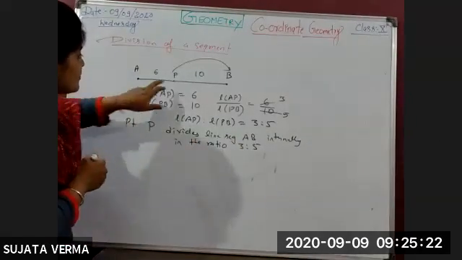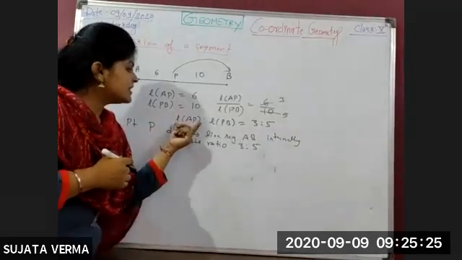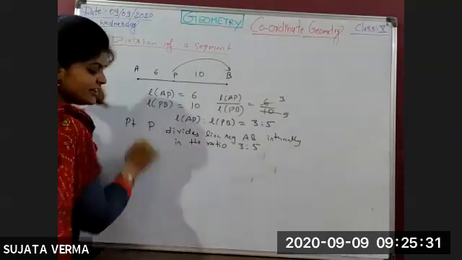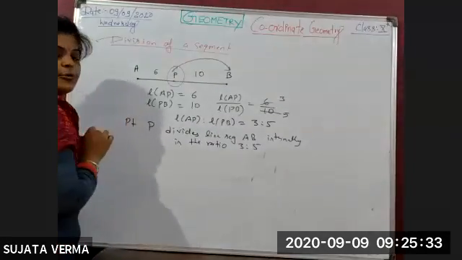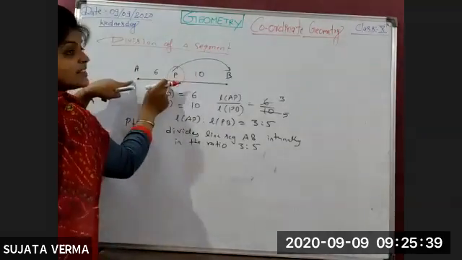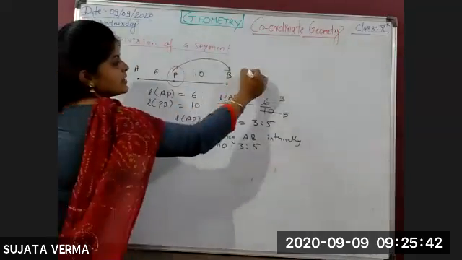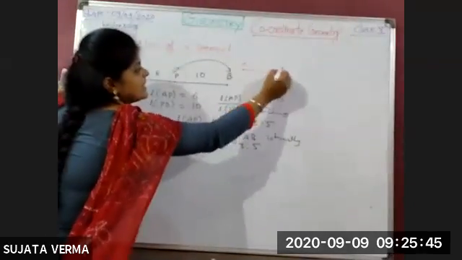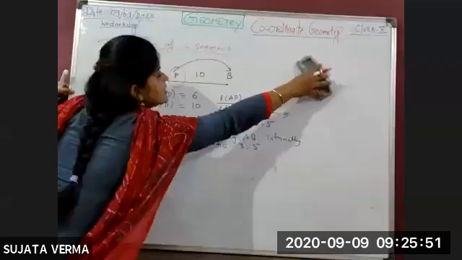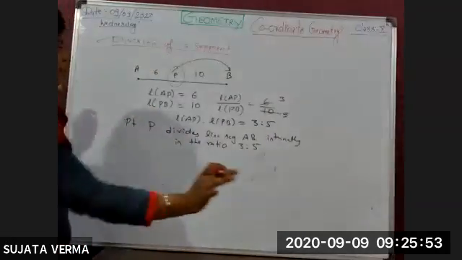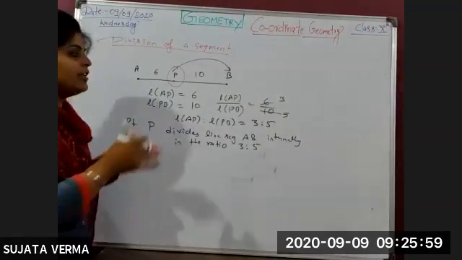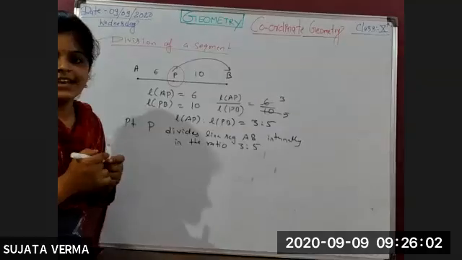Okay. What we say? From this, if we take the ratio, we get 3 is to 5. Then we conclude from this that this point P divides the line segment internally. Internally means it is inside the line segment. Sometimes it may ask externally. Externally, you have to extend that point. But in your syllabus, this is not included; you will learn it in higher studies. So P divides AB internally in the ratio 3:5. Okay, so this is the division of line segment.